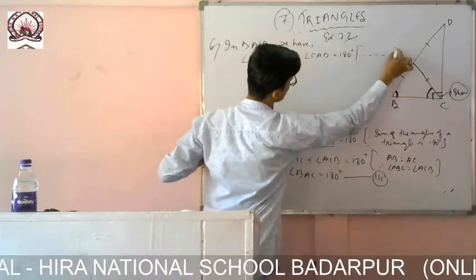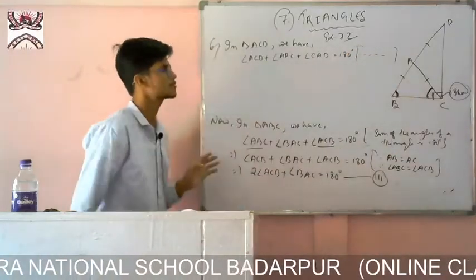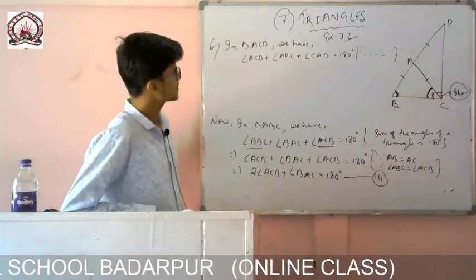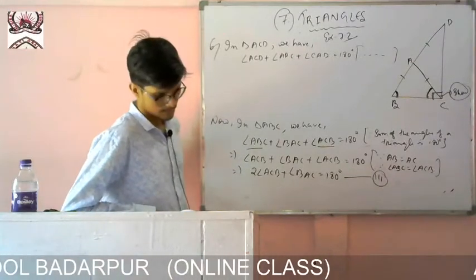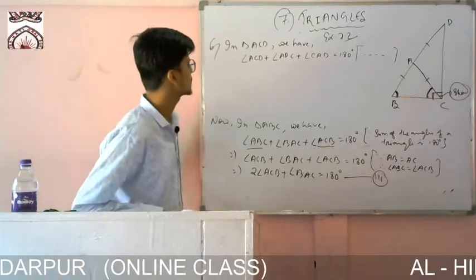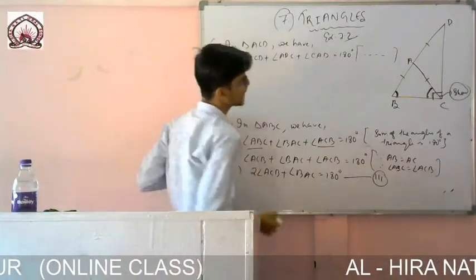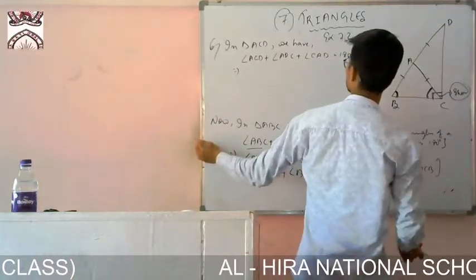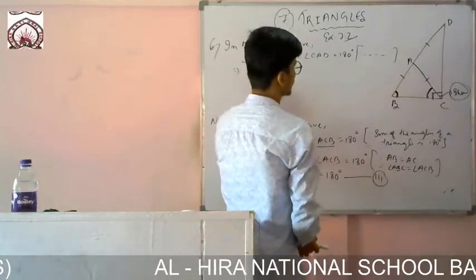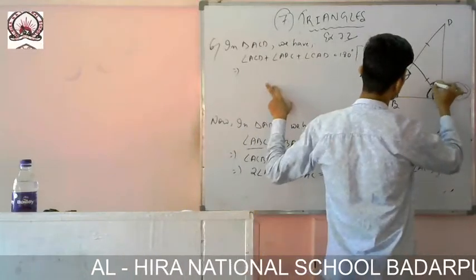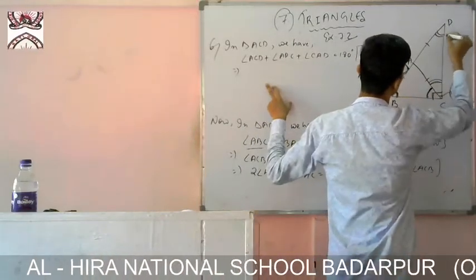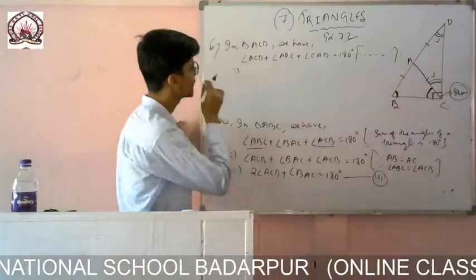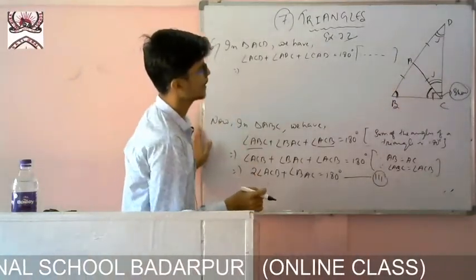There you write since sum of the angles of a triangle is 180 degree, or angle sum property. So ACD plus CAD plus again ACD. Okay. So now you see there are also, same thing I can do. These two sides are equal, AC and AD. So if AC and AD are equal, then what can I write? That this angle will be equals to that angle. So ACD will be equals to ADC.